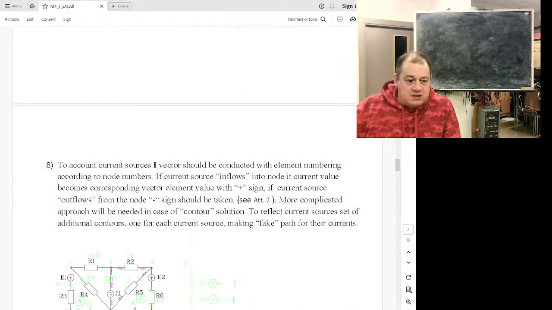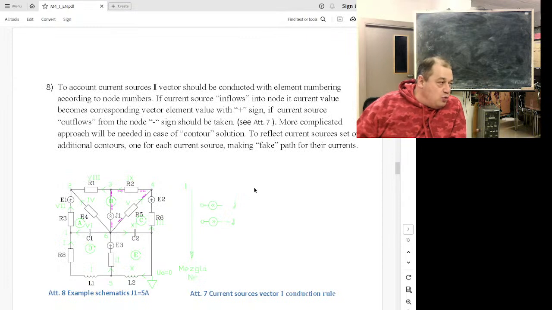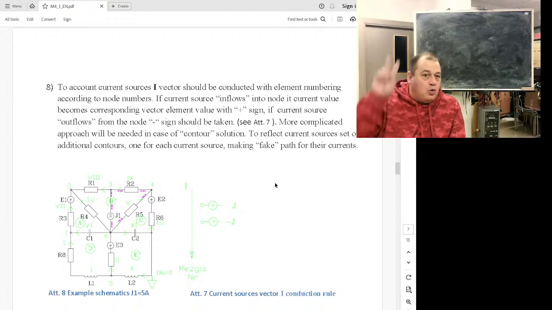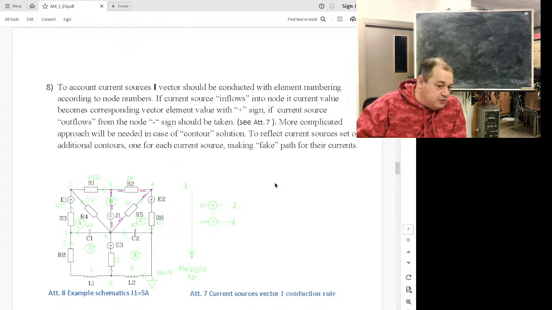And what else? Yeah, current sources. The same way as we do for DC network. We need 2 vectors for current sources, 1 per node. If current source inflows a node, write it with the plus sign. And if it flows out of the node, write it with the minus sign. Simple. But we also need